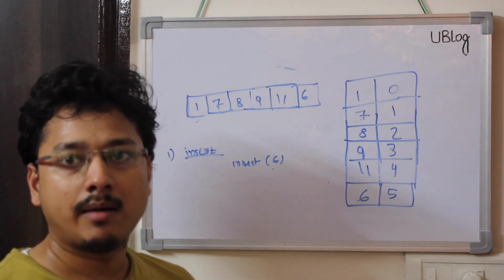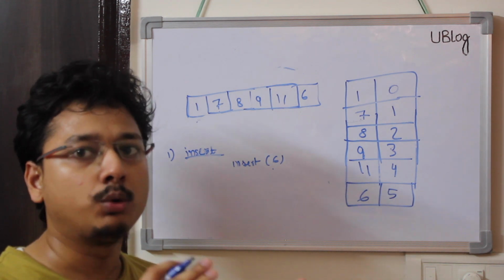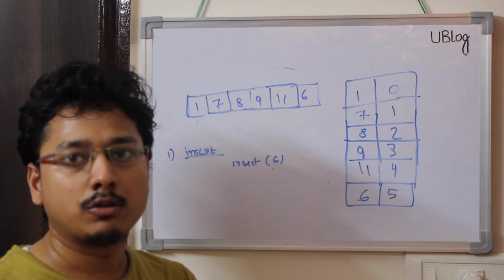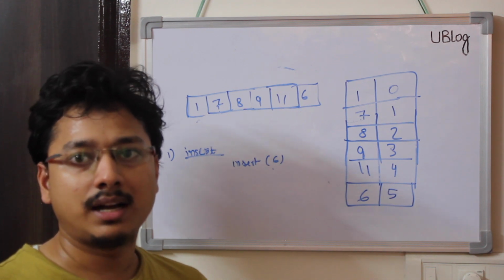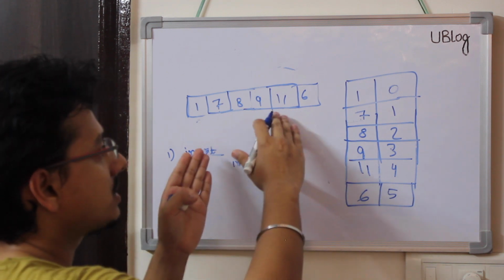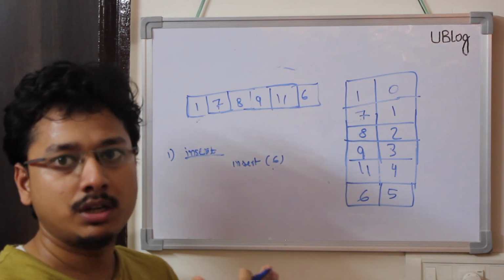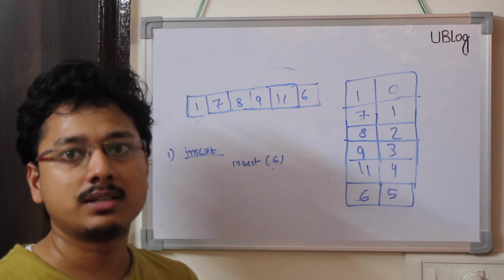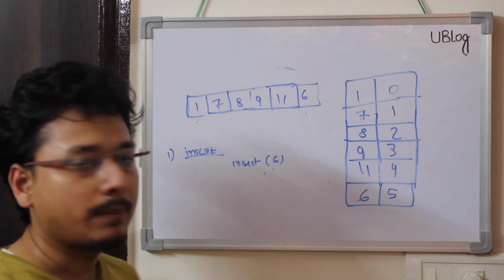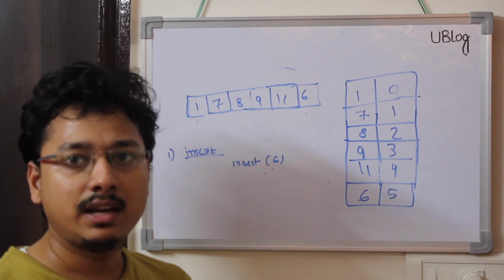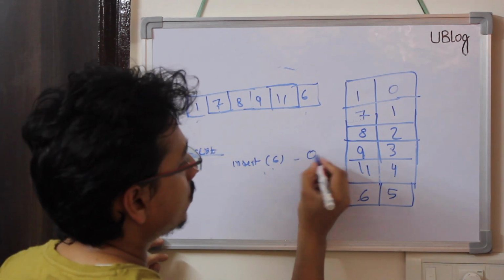So I'll not again and again show you how we need to double the size of the array and then copy it from the original to the new array. I am assuming this is clear to you, and that those operations take O(1) time. So I'll just keep on adding at the last position, assuming you understand how it is done internally. So my insert is taking O(1) in the array and O(1) in the hash map. That means my insert is performing very well and it's taking O(1) time. So my insert use case is solved.